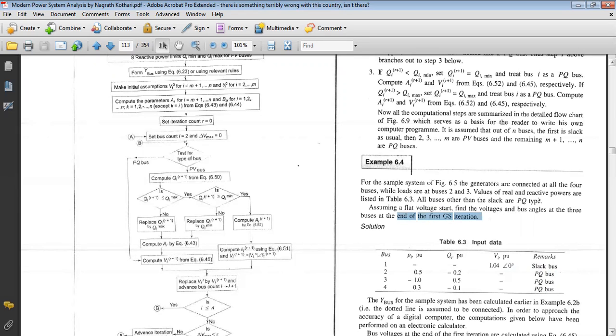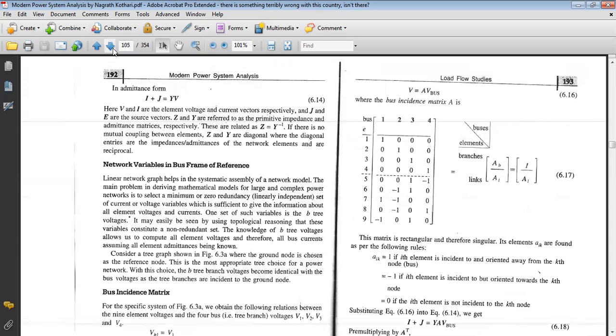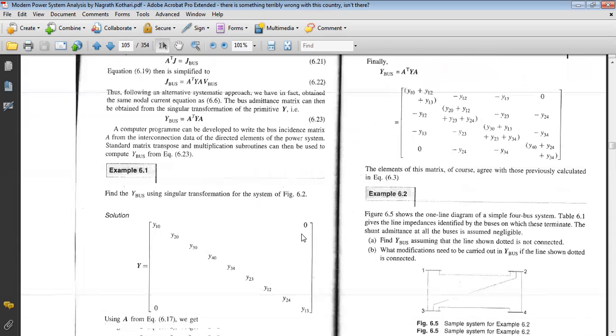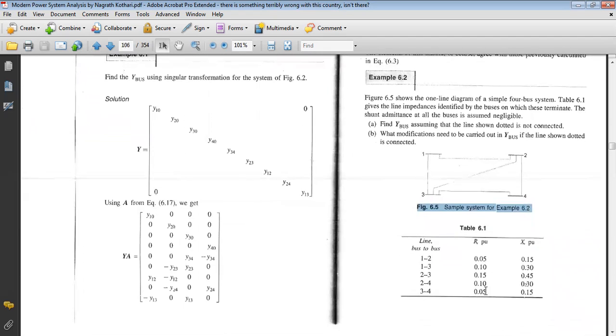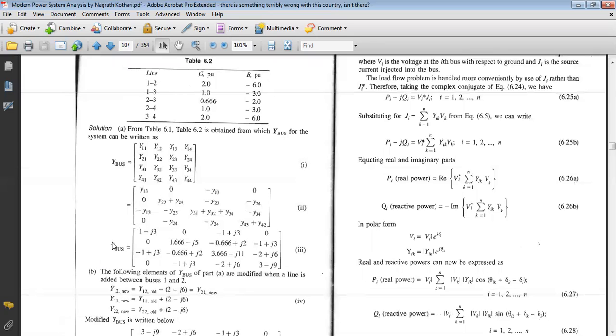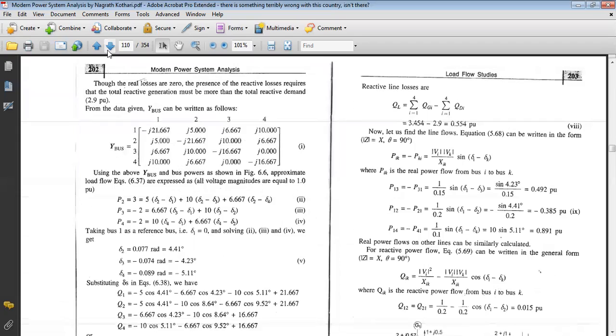To solve this particular mathematical problem, we need to know the bus admittance matrix, and we find the bus admittance matrix from figure 6.5, as in our previous example. Here this is the bus admittance matrix, and it is used to solve the load flow problem. So now,